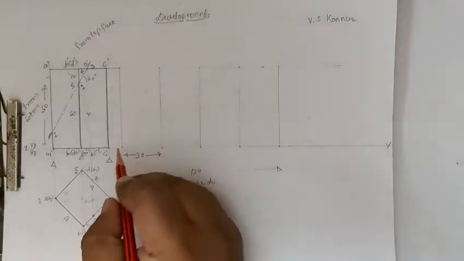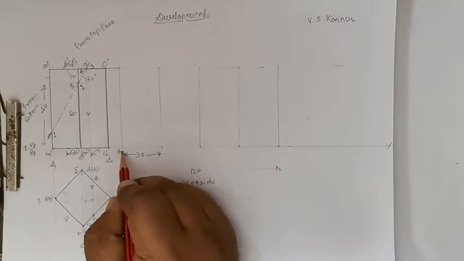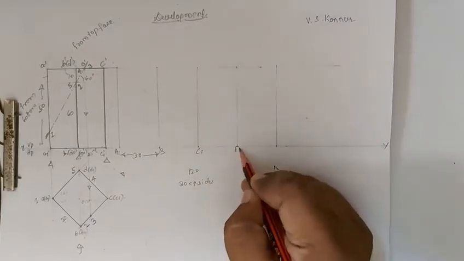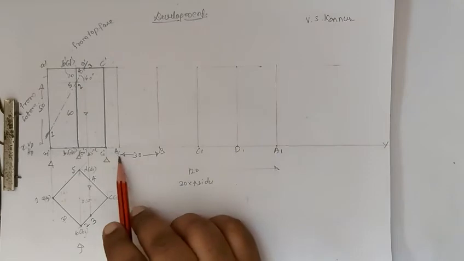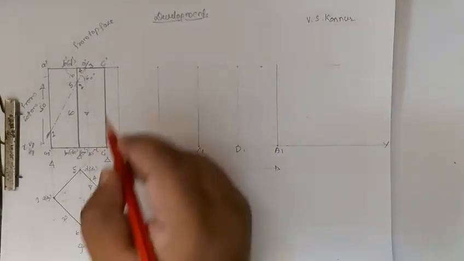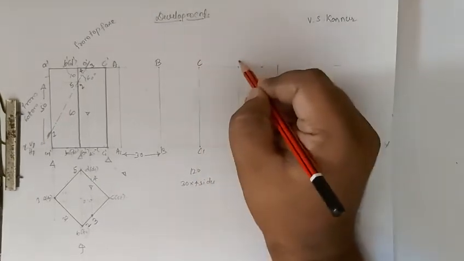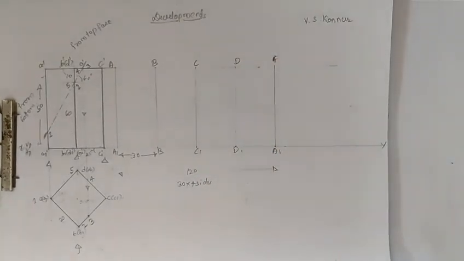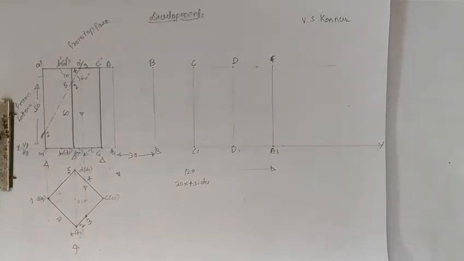Now we'll name this. Bottom side we'll call it as capital A1, B1, C1, D1 back to A1. Don't write E1 here. From here it will start, here it will end. So because of that I have written A, B, C, D back to A. Don't write E here, because from A you are dividing, till A you have to stop.